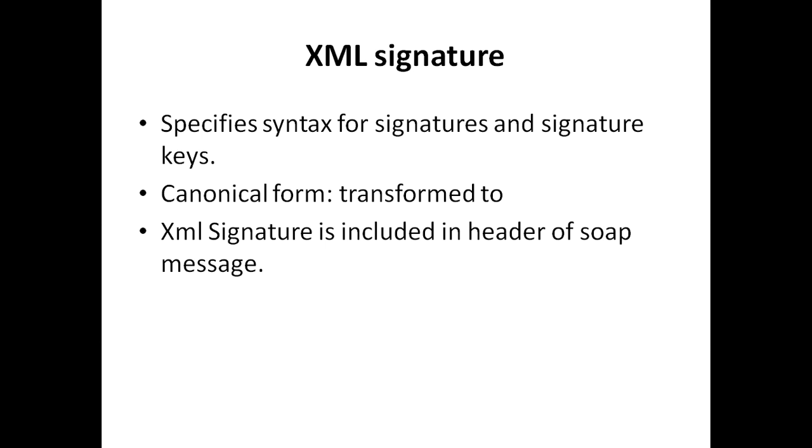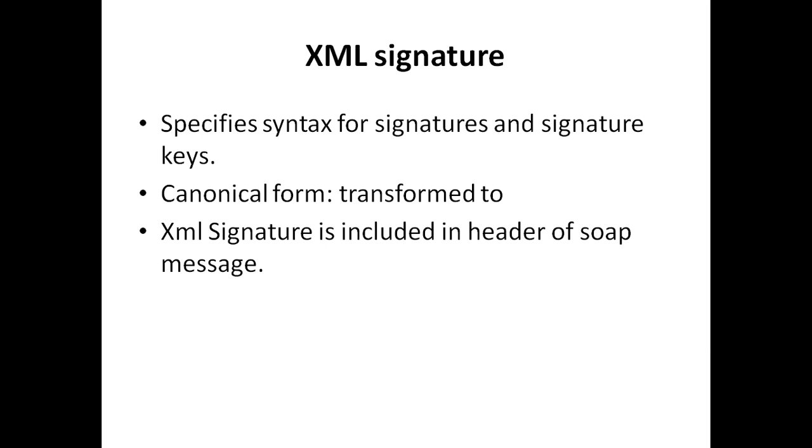The first step in generating an XML signature is canonicalization. The parts of a document that need to be signed are first transformed into the canonical form before computing their hashes. Canonicalization guarantees that syntactically identical documents produce the same serialized representation. Then signatures are included in the header of a SOAP message containing the document. More specifically, they are contained in a signature element in the header.